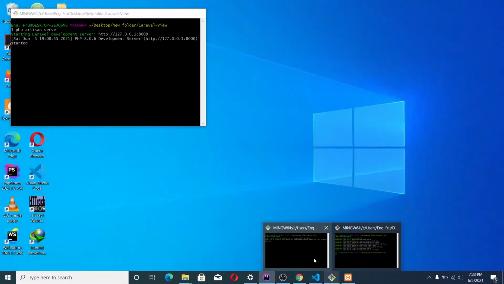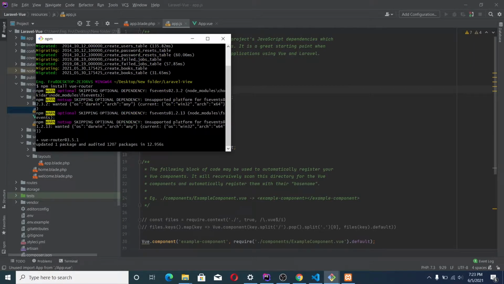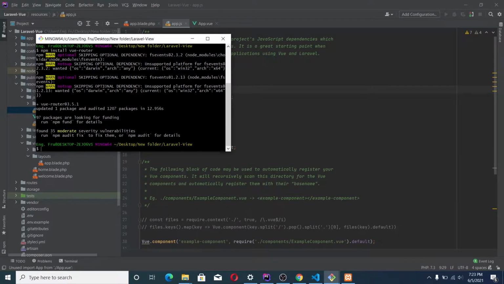So we have to install vue-router in our project, and to do that we say npm install vue-router. Alright, so vue-router has been installed in our project.